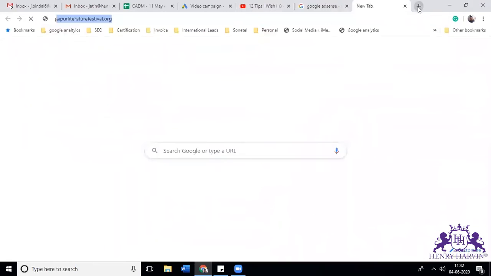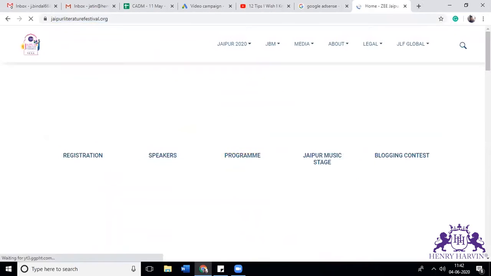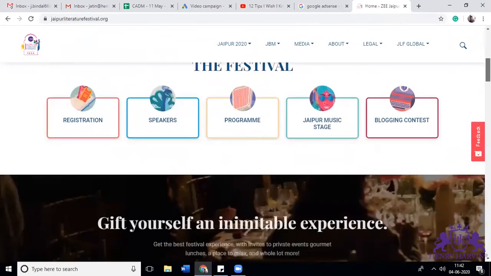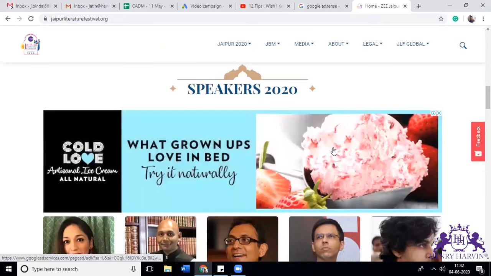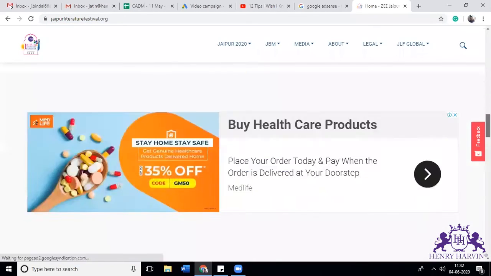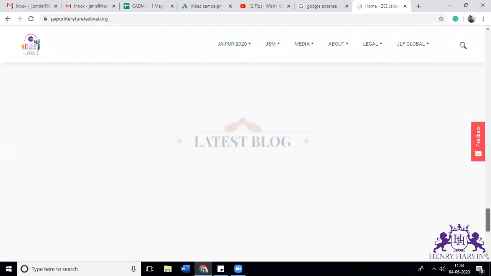For example, I have applied it on our festival website. I hope it's working. Yes, you can see this ad. This is by Google, but for that your website should have a good amount of authentic traffic.